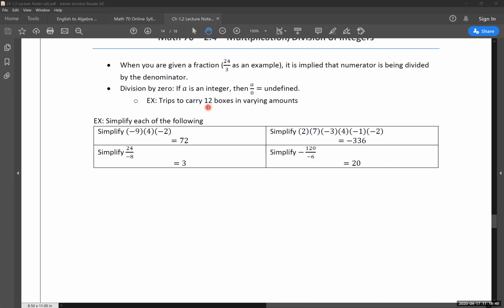And if you're sitting there thinking, I don't know, it doesn't make sense. Exactly. Because we don't know. We could go back and forth between upstairs, downstairs, once, twice, 500 times, 10 million times, 5 billion times. We don't know how many times it's going to take us to move those boxes then. And that's where we get this definition of dividing by 0 as being undefined, because we don't know how long or how many times it's going to take us.